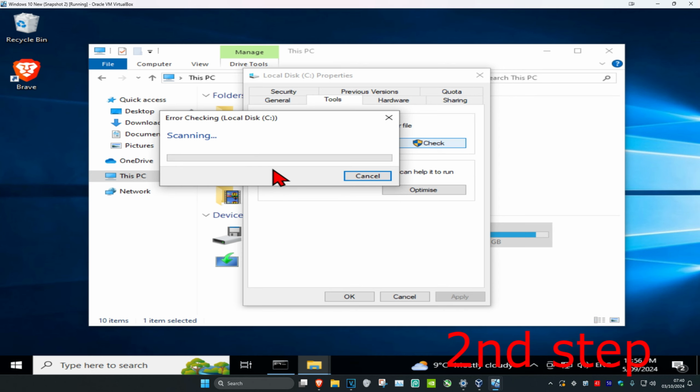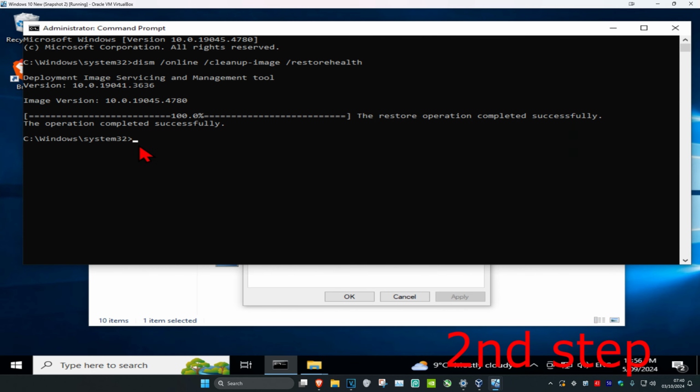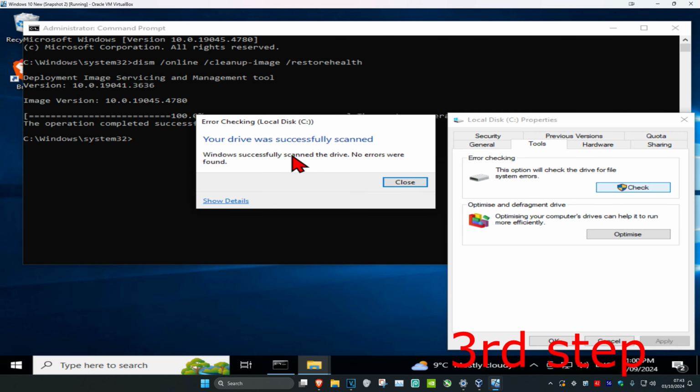You want to run the scan. So you want to run both of these scans right here. And then once both these scans have been completed, both the error checking and the DISM one in command prompt,